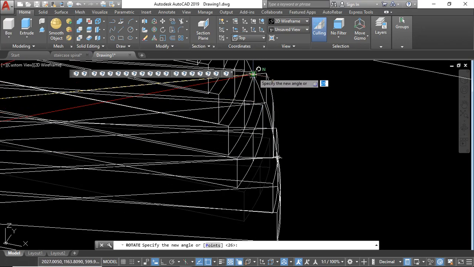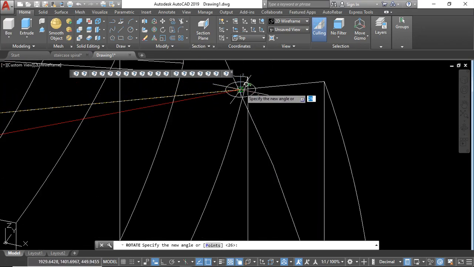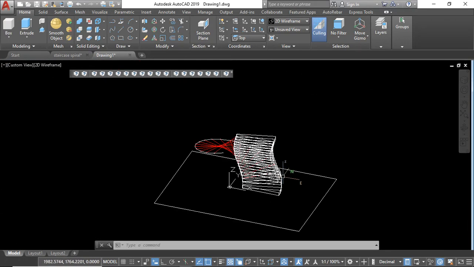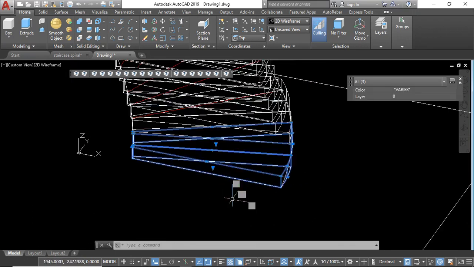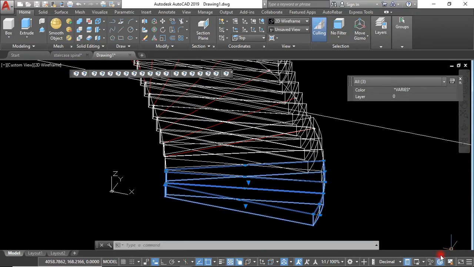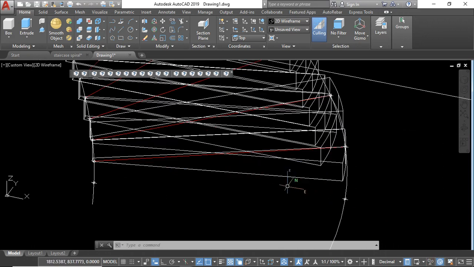We rotate again, RO, and then we click the center, the point of center of rotation, then R, enter, then